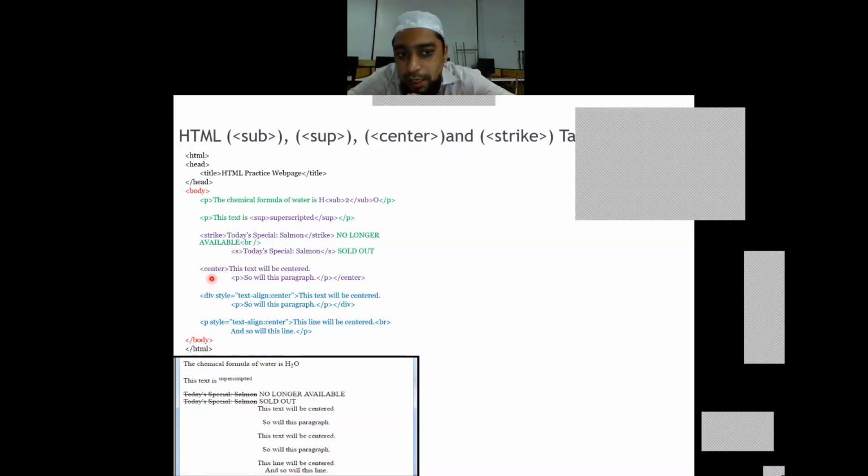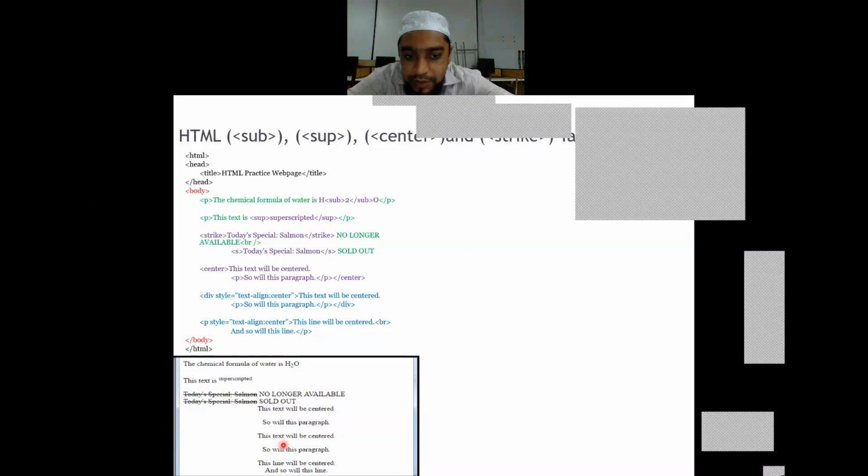We have used the center tag, but that center tag was only keeping these 2 lines. This text will appear in center and so will this paragraph. So the first occurrence of these two is because of the center tag. But from here onwards, whatever is the occurrence is because of the div tag. So in the div tag, I have moved it to center, and it has applied here. The same setting, same styling can also be done with the P tag. It's an alternative. So P style text align center. I have kept the same thing back over here.